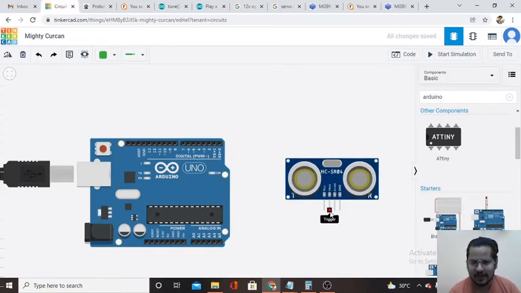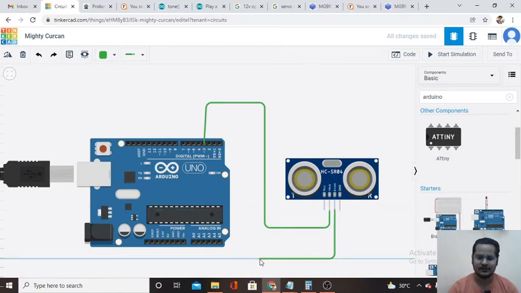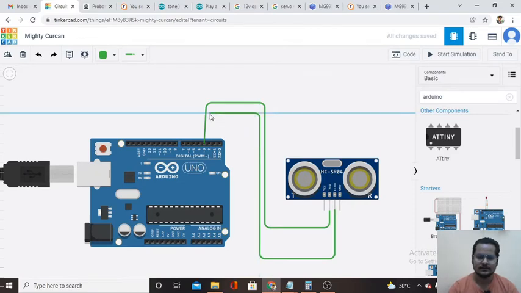First I will connect this trigger pin to the digital side of the Arduino. I will choose pin number 3 for the trigger and then I will choose another pin for echo. Again I will connect this pin to the digital side. So echo I have connected to pin number 2.